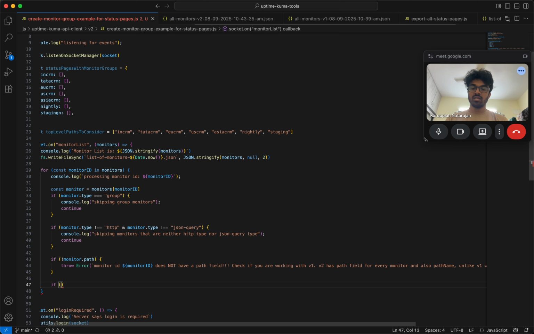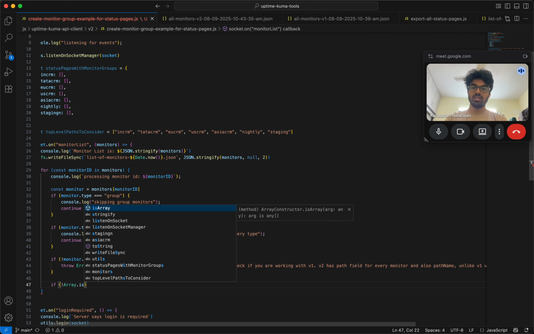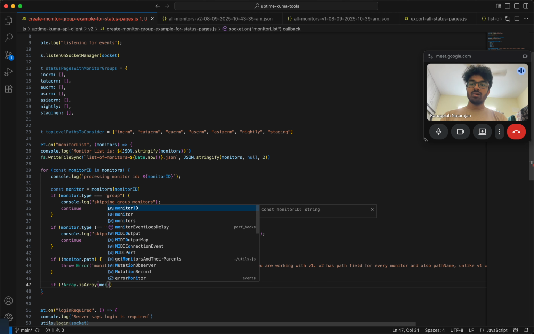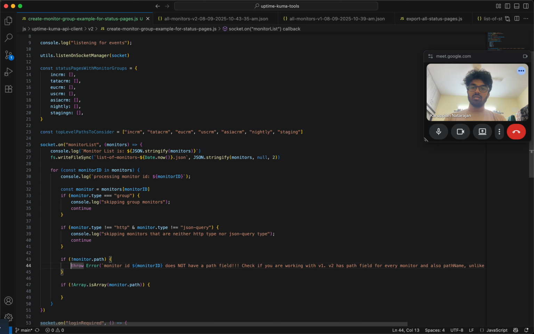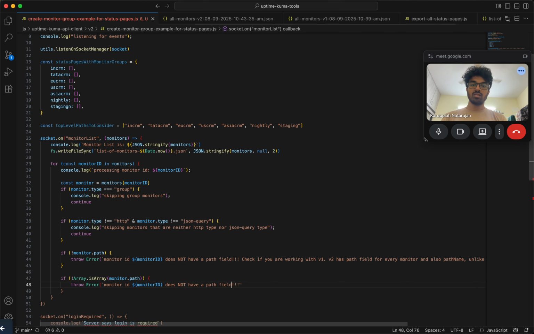So by saying if it's not an array, then Array dot isArray monitor dot path, path field is of type not array type, not an array, should be an array,